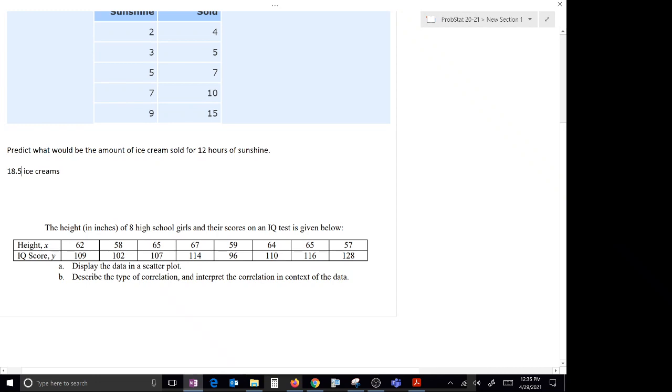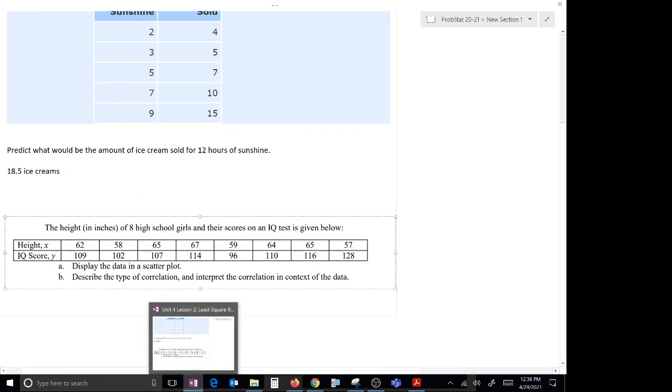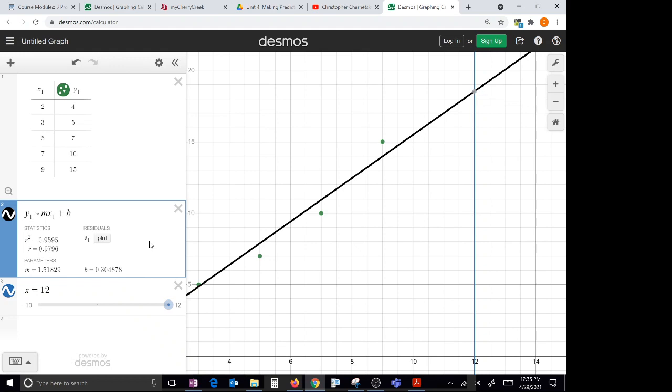Next, we have some data here. We have the height in inches of 8 high school girls and their... before we actually move on to that, let's go back to our graph here and talk about, well, is this actually a good fit and would this be a reasonable prediction? So our R value is our correlation coefficient. So this number right here, not the R squared, but the R, this tells us how good a fit our data is. And the closer it is to +1 or -1,